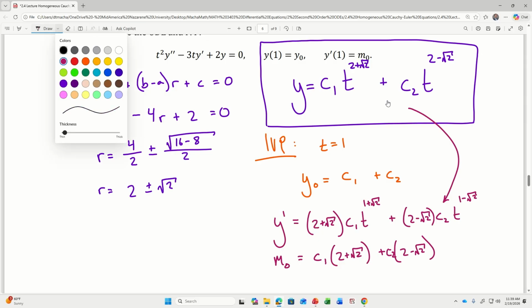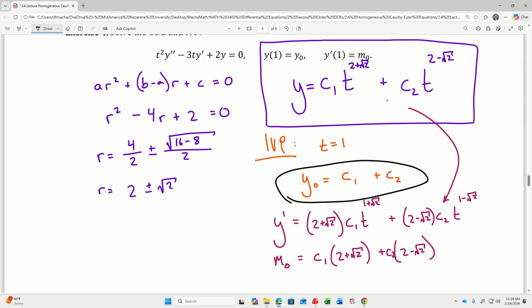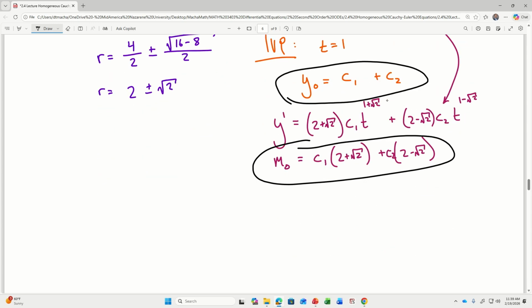And this is my system of two equations and two unknown variables. I don't know what c1 and c2 are, but I have two equations to solve for them. This would be a whole lot nicer if these were just 2's instead of 2 plus square root 2 and 2 minus square root 2. So it's not going to be this bad whenever I fix the homework, but